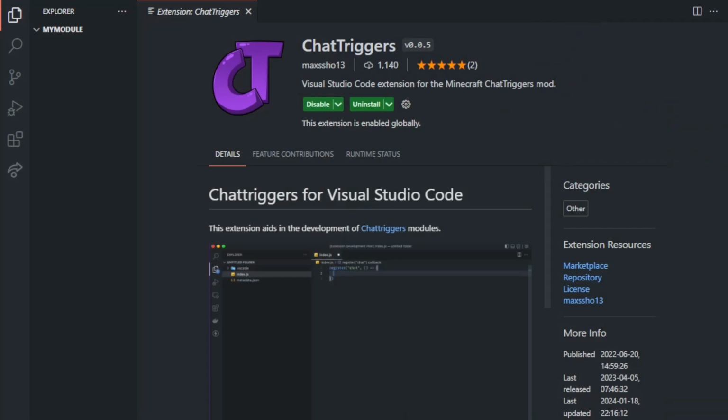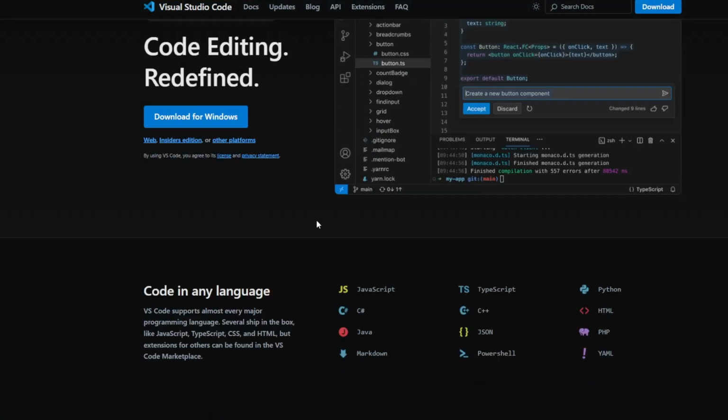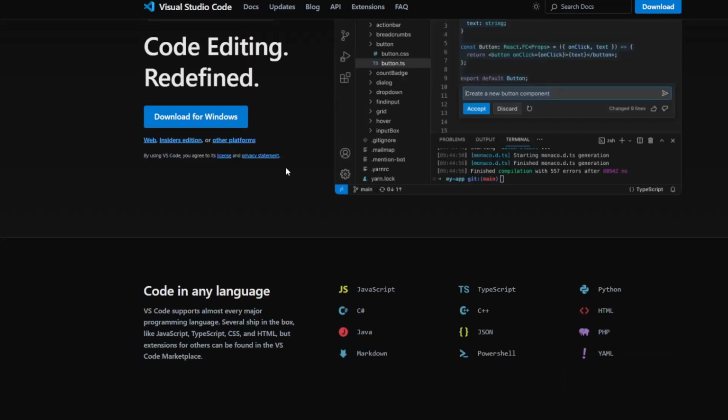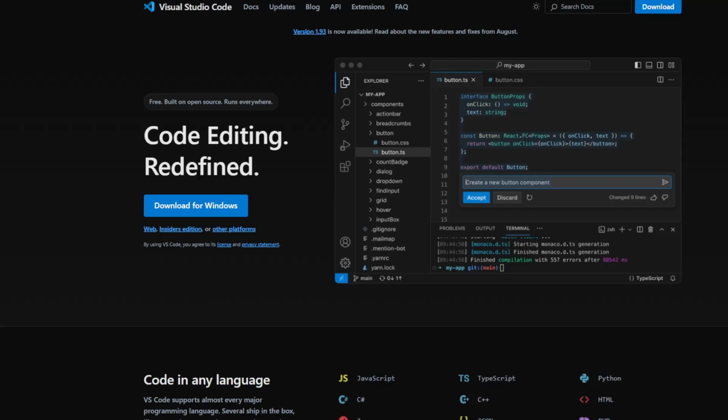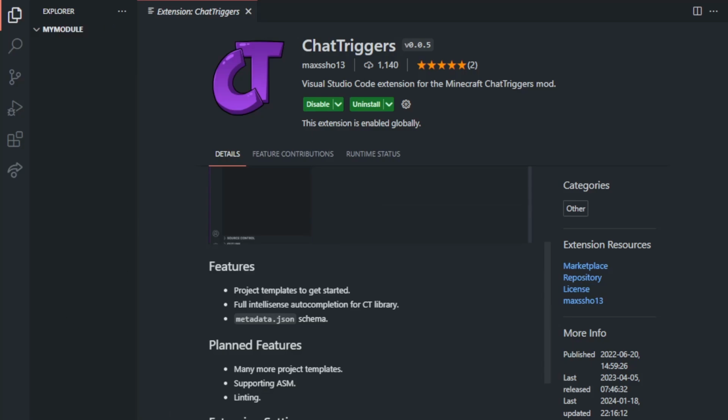Now we'll need an IDE to edit code first. I recommend using Visual Studio Code because that's one of the most popular ones. After that, you need the Chattriggers extension, which is not needed, but it's very useful. And after that, we'll go back to